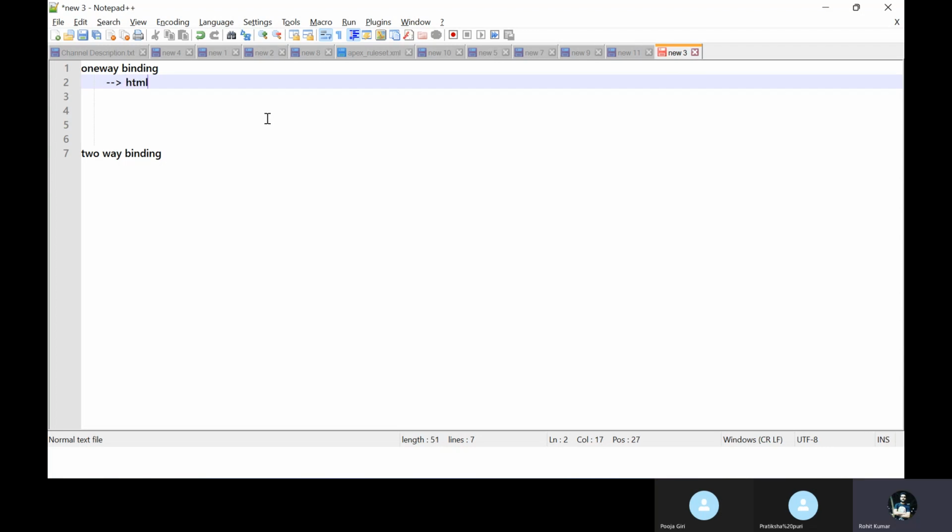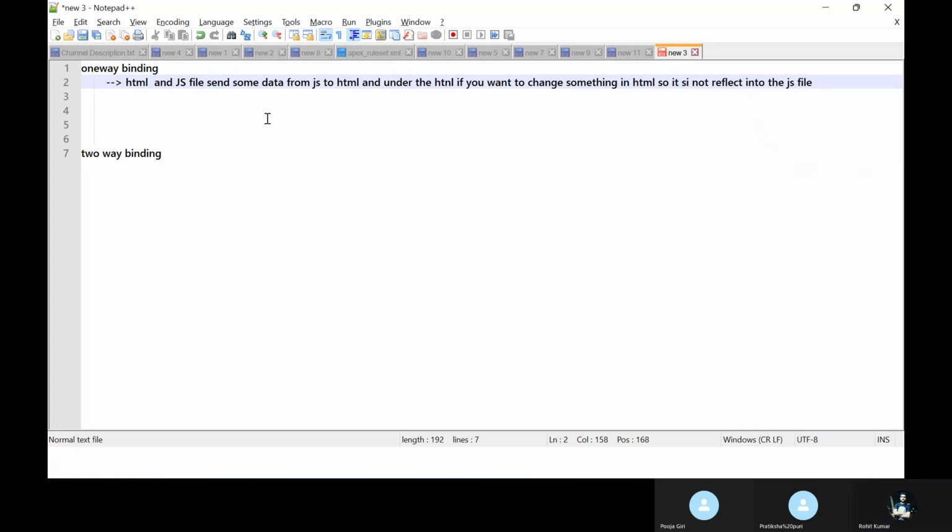Once you have an HTML and a JS file, if you want to send some data from JS to HTML, and under the HTML you change something, it does not reflect to the JS file.